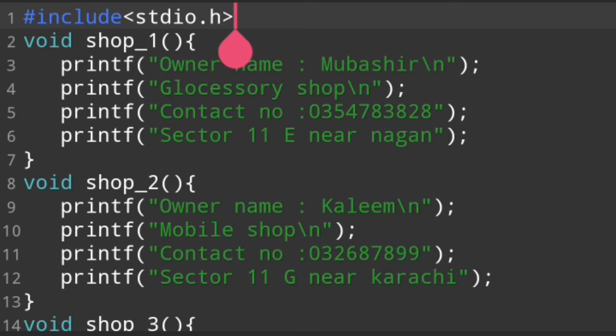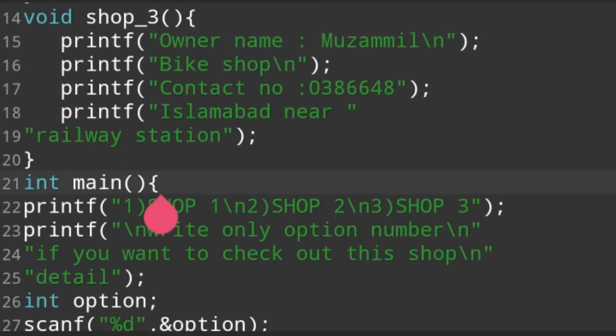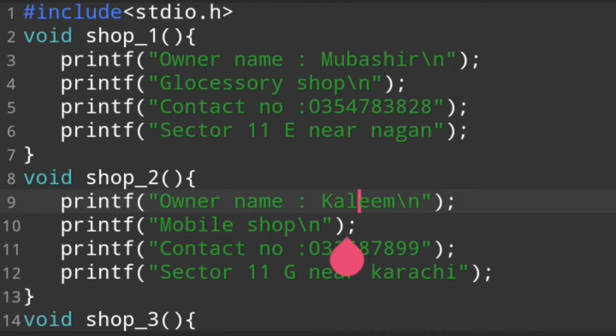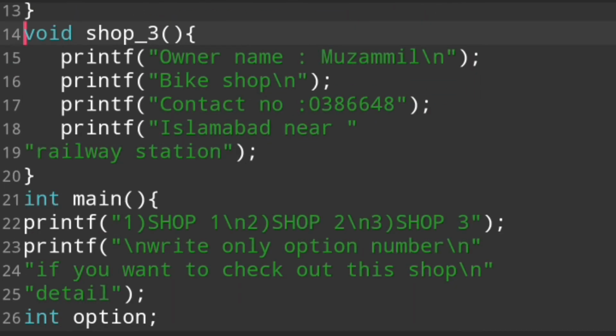The compiler sees the library gives us some functions like printf and scanf, and then our compiler goes to the function and reads those codes which are written in the function, and goes to void shop number 3. Then our compiler does not execute this program yet because the first execution is held with the help of integer main. So first of all, the compiler only reads these three programs, and when the compiler goes to integer main,